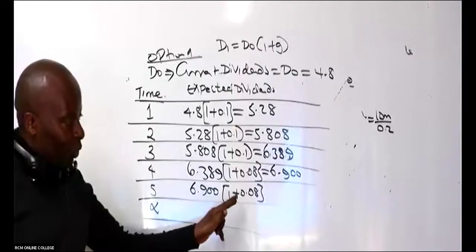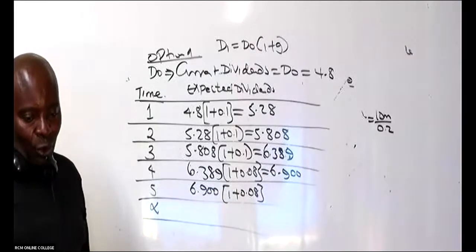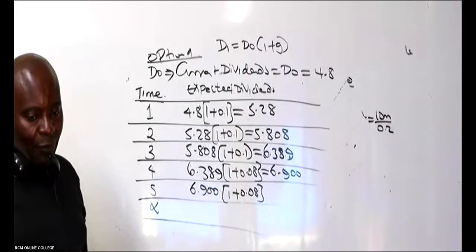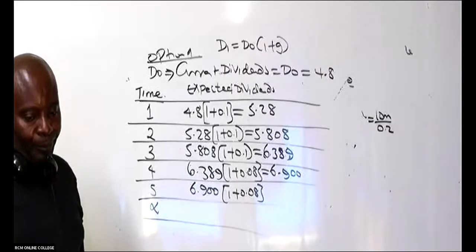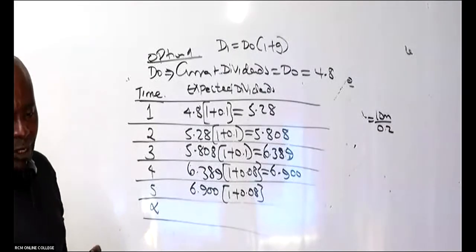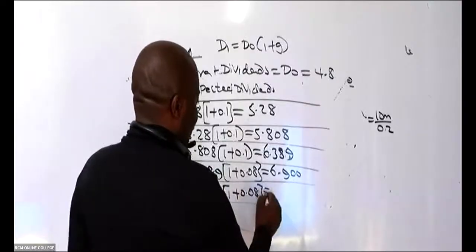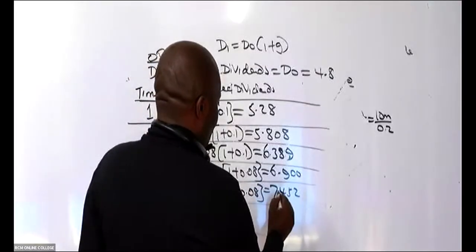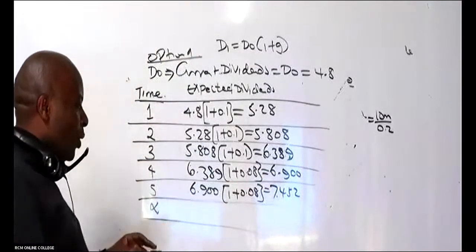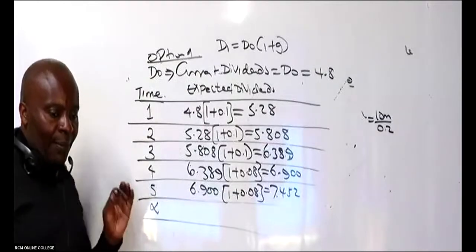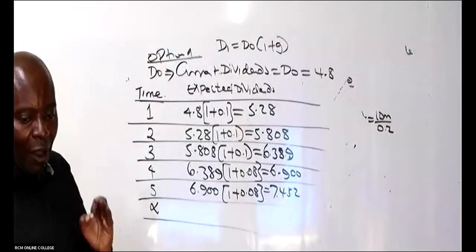Because 8% is for these 2 years. So Joanne gives me 74.52. Ladies and gentlemen, from there now we go to what we are calling infinity, because they have told us thereafter,